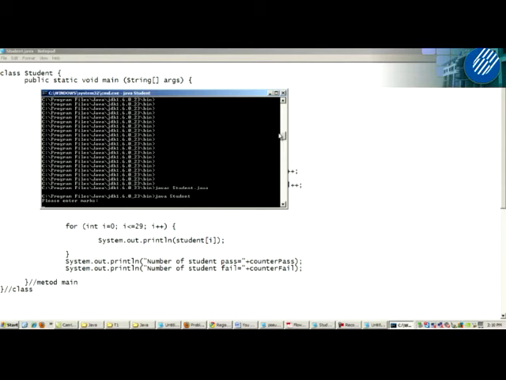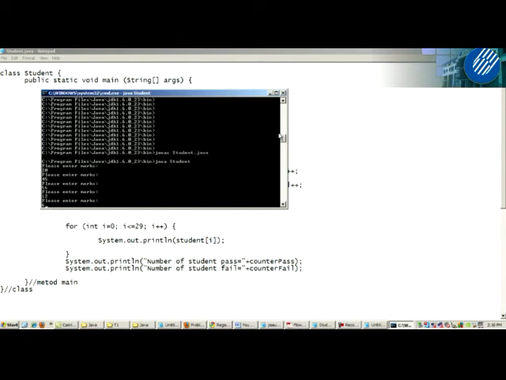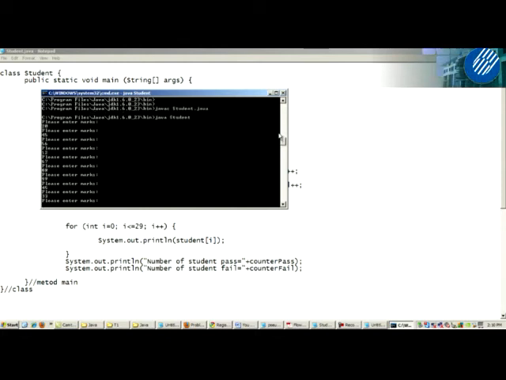See, please enter marks. Okay, I type 20. Then I type 40. How many times will the system ask for marks? 30, yeah? Just type any marks, okay? 12, 67, 88, 99, 45, 33, 78. Just assume the marks are from 1 to 100.